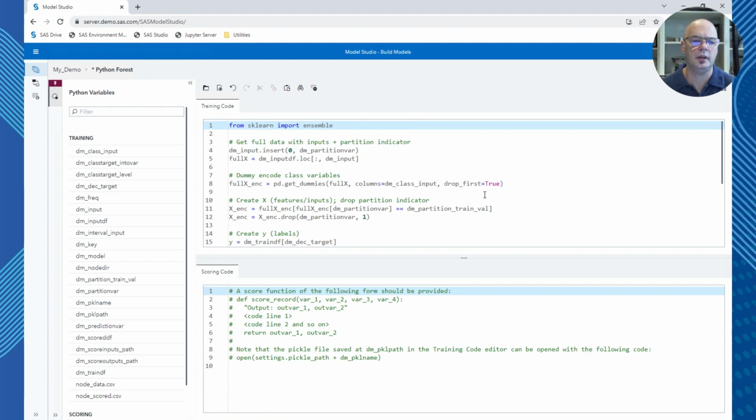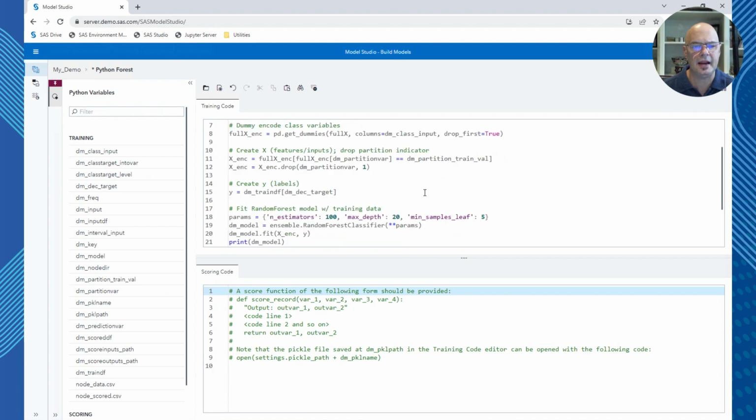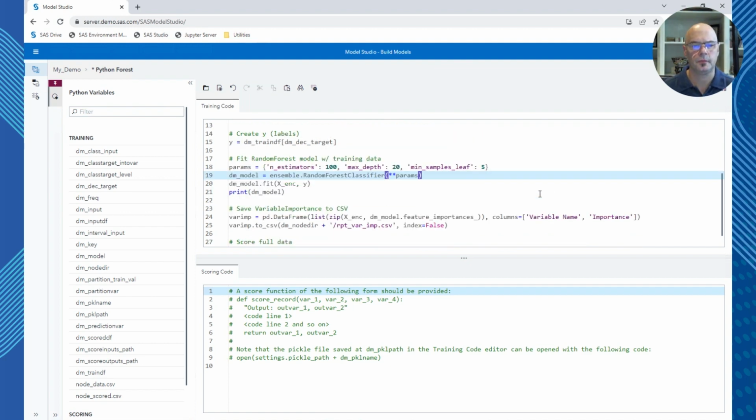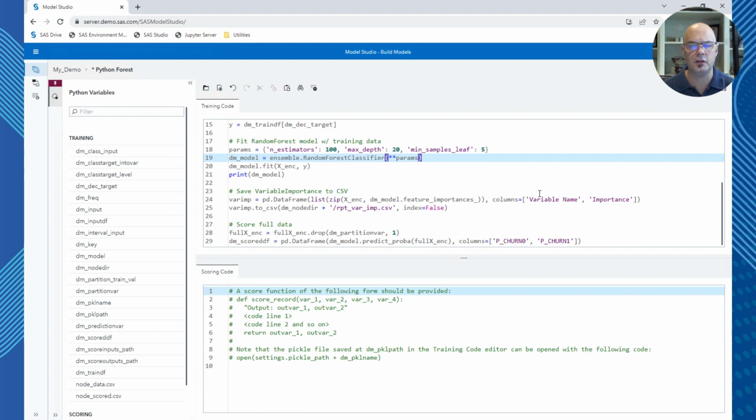So we import the necessary packages at the top. We manipulate the data a little bit. Where is the heart of the code? Again, we're fitting a random forest model using the ensemble.RandomForestClassifier package. We get some variable importance information, and that is the Python code. Let's save it,